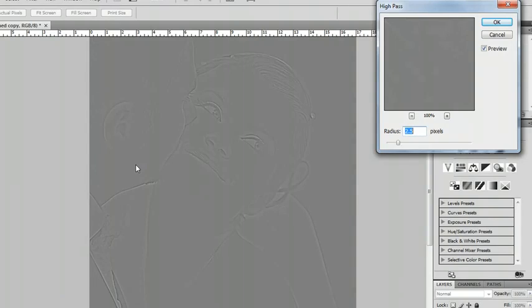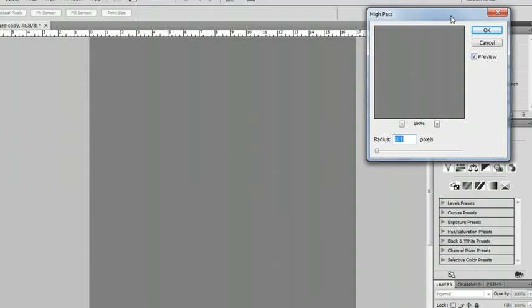I already walked through this before I started the screen capture, so my settings are already set based on what I did the last time I was here. I came up with 2.5, but let's start from scratch and talk about how I got there. So if you want to apply this technique to a photograph and you just want to pull out detail,